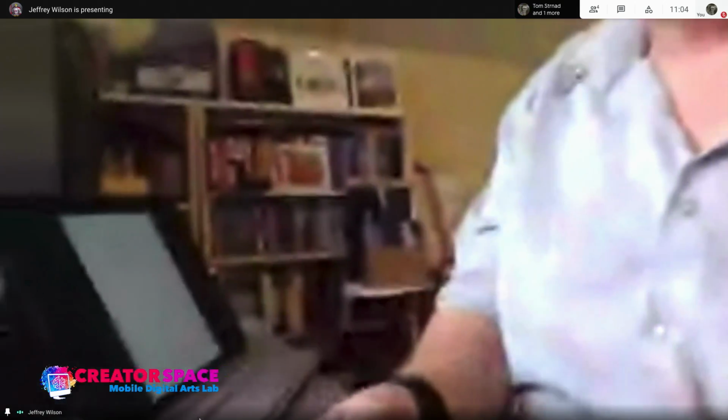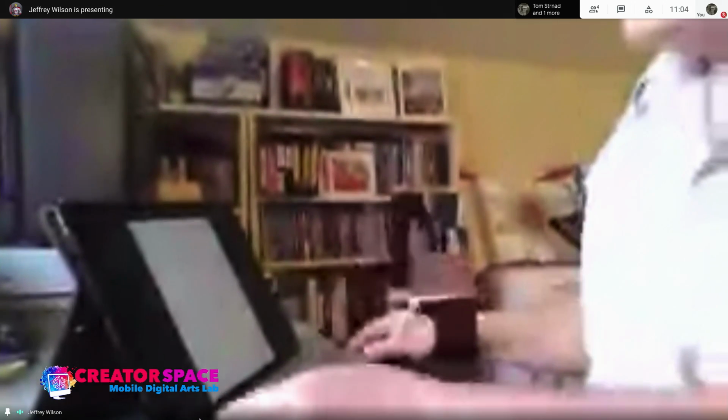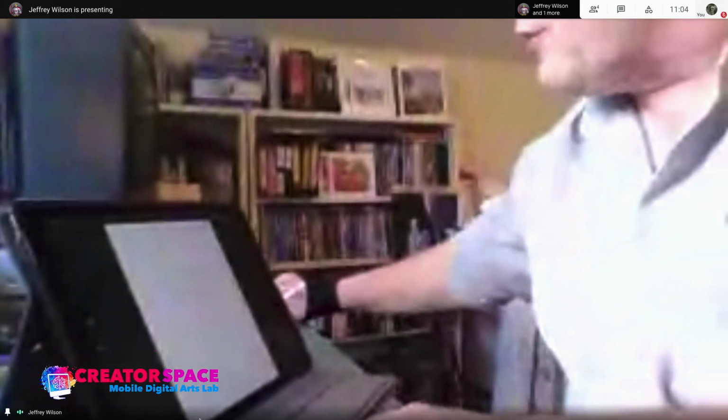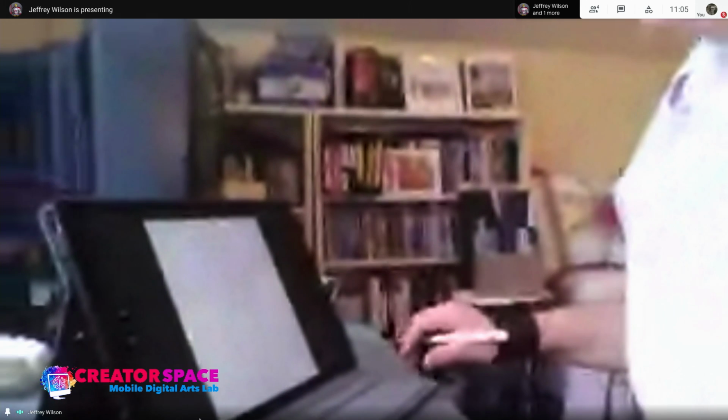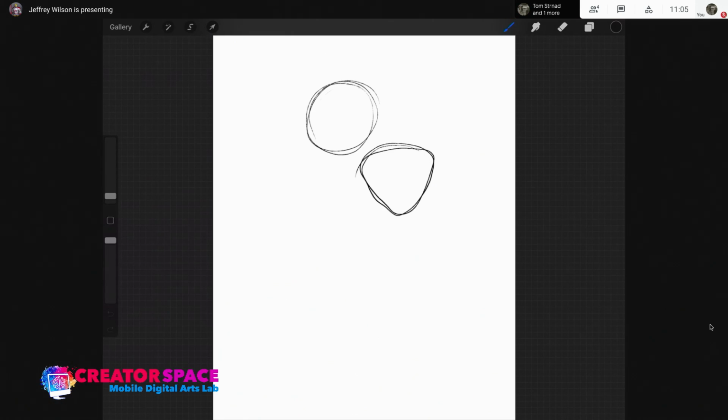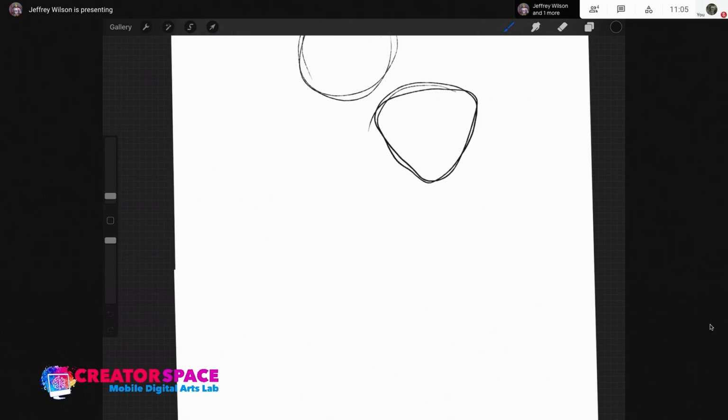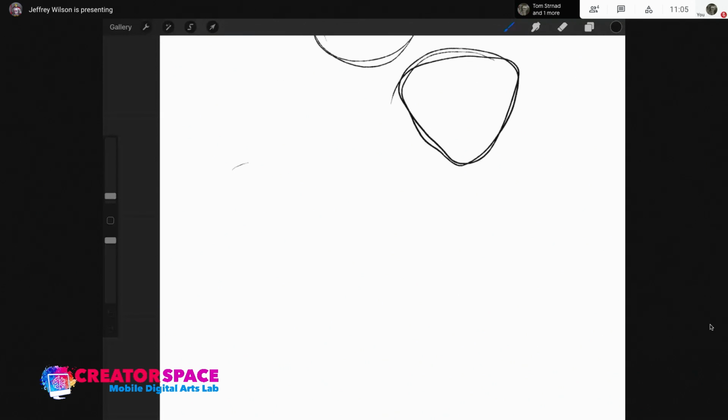Just to talk a bit more about the theory of it, it's basically doing some of the shapes that we've been talking about in the past. I don't know if the camera can see me, but I'm going to turn my camera on my laptop over to my tablet here, and we'll show you some shapes. The top one is a circle. I was just warming up before we started the Zoom meeting today. So I'll do a few different shapes, and some of these shapes